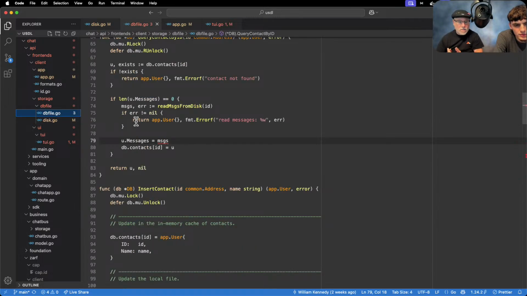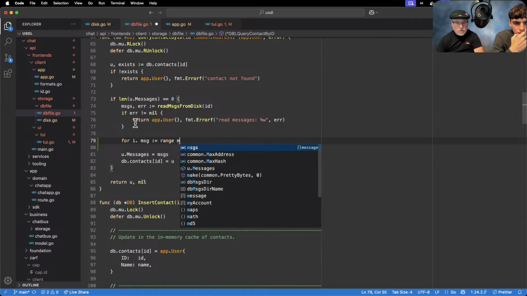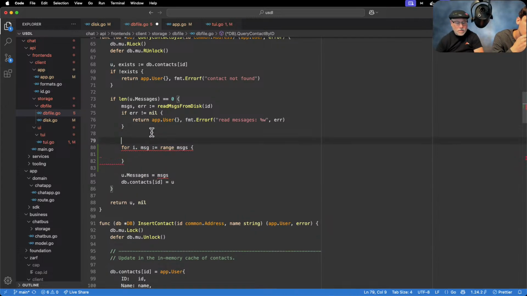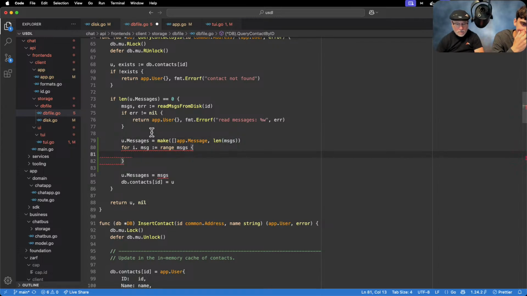So what we're going to need to do, if there are no messages, is range through the messages, make the length of messages, and then we can say uMessages sub I equals, now it's an app message,